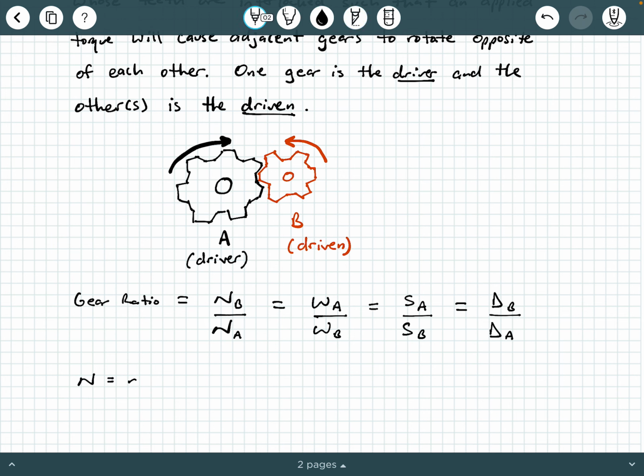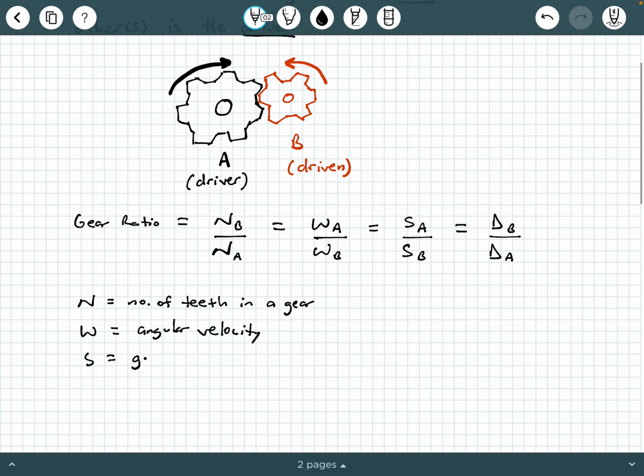N is the number of teeth in a gear, okay? All right, and then omega is angular velocity. S is gear speed. And then D is the gear diameter, okay? Another thing to note is, and I'm going to note this back up here next to our figures here,